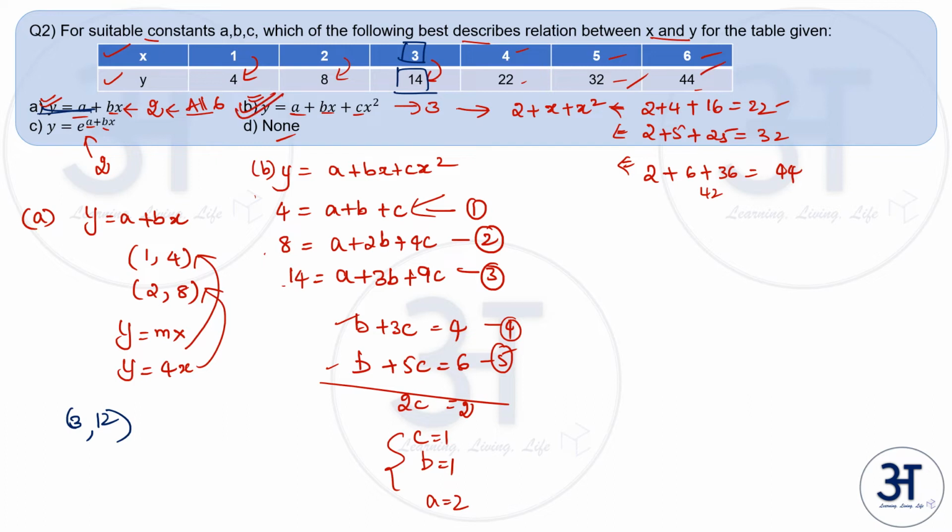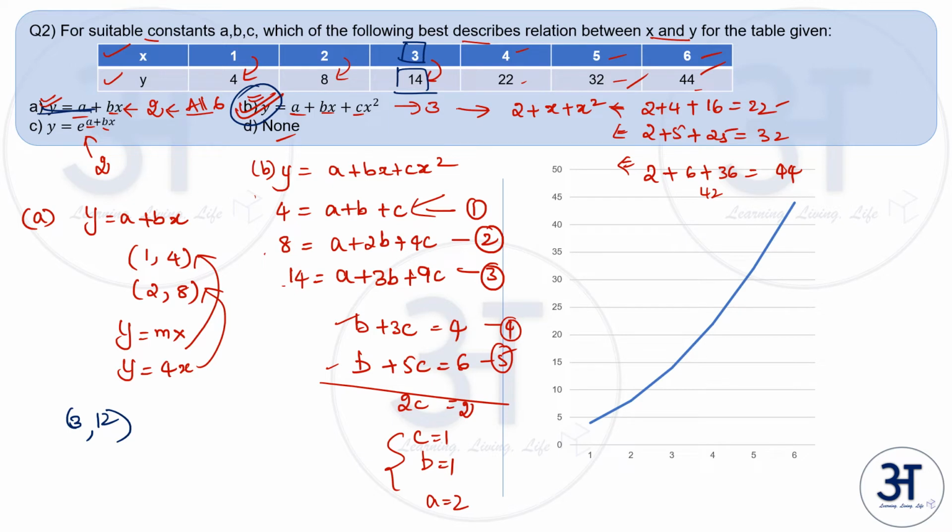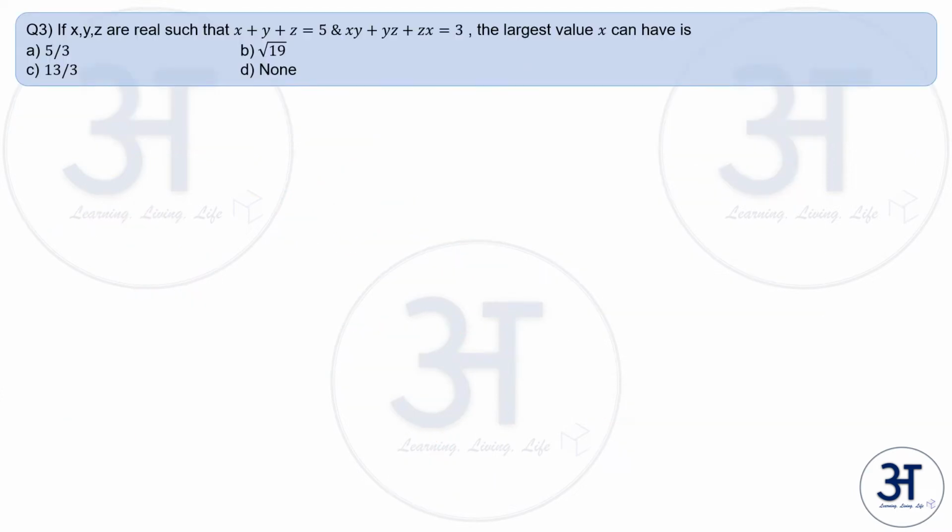Right? So this is satisfying our equation. For someone who's very good at graphs, you can draw a quick graph if you're very comfortable with that. And you can clearly see that this graph is not a linear equation and not an exponential equation. So it's a quadratic equation. But given that there is an option D which is none, you will have to quickly check whether the quadratic equation is actually the answer or not. If we would have had some other equation in option D, then directly by drawing the graph, we could answer this question. Now let's move to question 3.